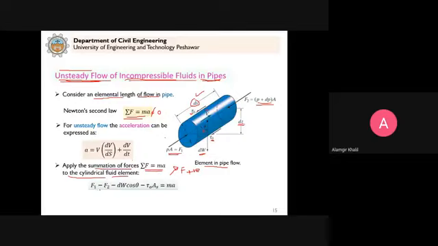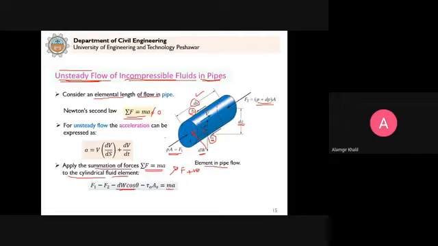So we have F1 minus F2. This is F1 in this direction, minus F2 in the opposite direction, minus dW into cos of theta. Because this is dW, now we need its component along the axis of the pipe. So you can complete a triangle here. If this is 90 degrees, then we have to consider dW cos of theta, and we have shear stress all around this. So it will be shear stress multiplied by this surface area over which the shear stress acts, and this must